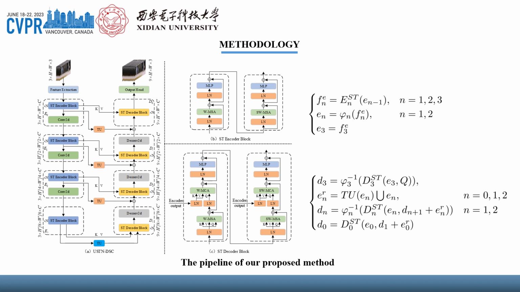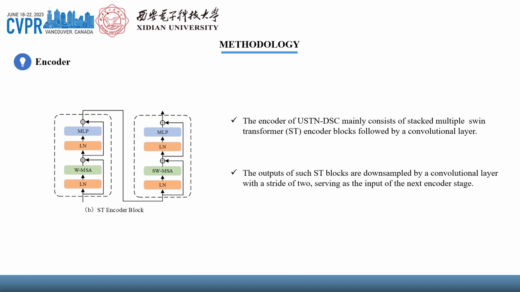The figure illustrates the overall framework of UST&DSC. UST&DSC follows the UNet architecture design, which consists of four parts: a feature extractor, an encoder, a decoder, and an output head. In addition, to cope with the complex motion patterns in the video so as to better restore the video event, we build dual skip connections in UST&DSC. Specifically, we introduce a cross-attention and a temporal upsampling residual skip connection to further assist in restoring complex dynamic and static motion object features in the video. Next, I will introduce each module in detail.